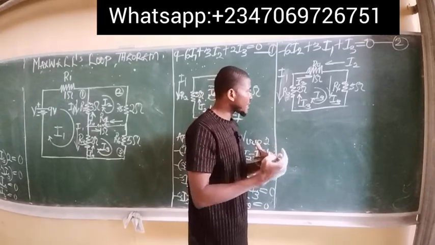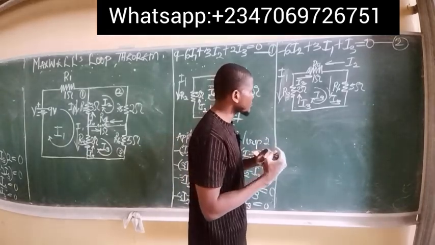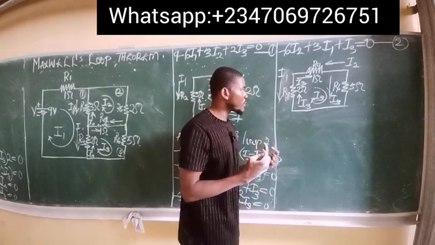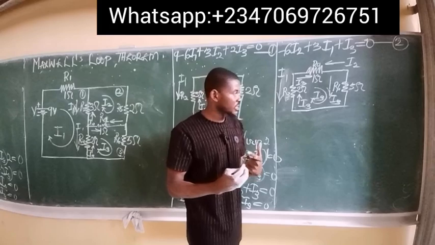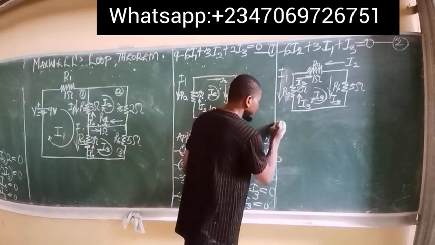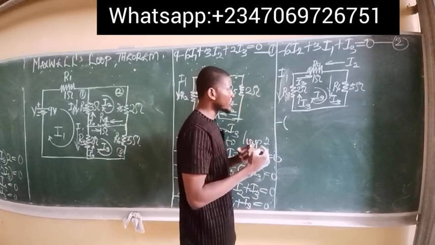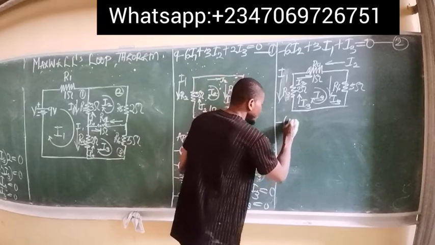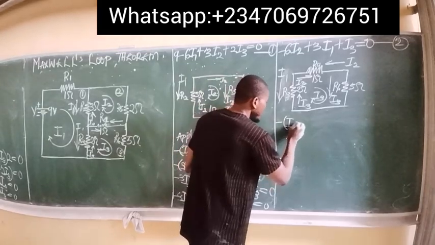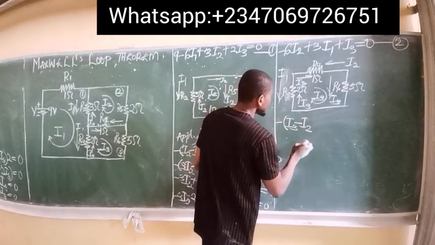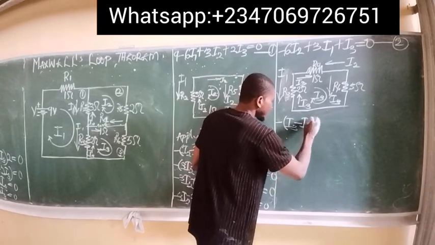So difference becomes I3 minus I1. But first of all, because current is flowing through a potential difference, there's always going to be a potential drop. So we'll attach our minus, which shows potential drop, open bracket. The difference between the two currents flowing through that resistor, first is I3, since I'm on loop 3, minus I1,